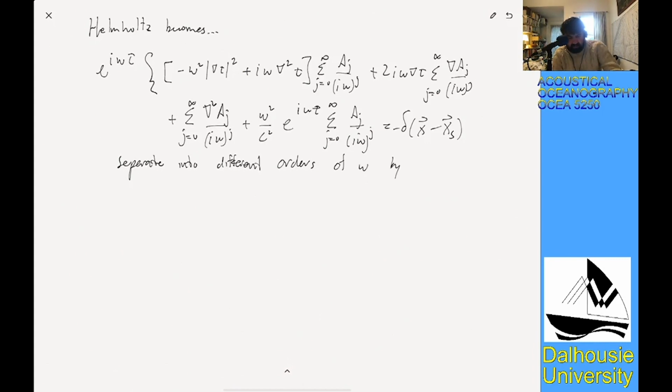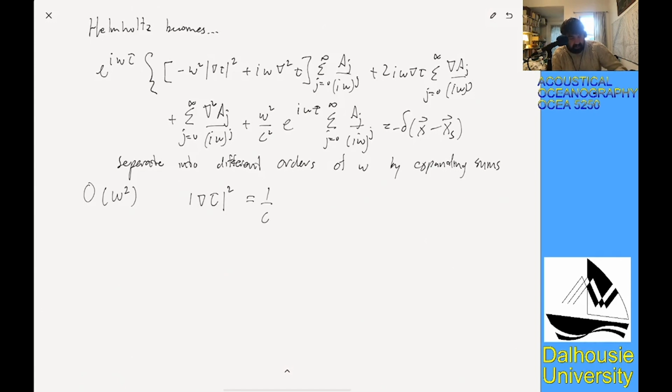And then we can figure out which ones are important to solve. Okay. So first, let's look at order omega squared. Well, if we just isolate the order omega squared terms, we get